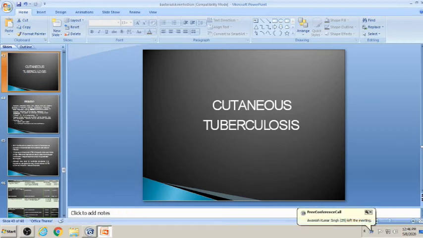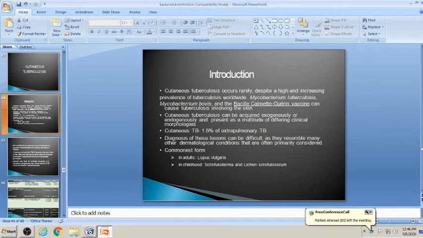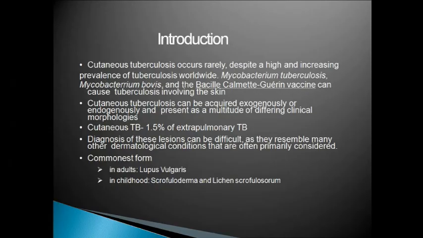Okay, now cutaneous tuberculosis is mostly caused by different strains of mycobacteria, specifically Mycobacterium tuberculosis, the MTB, the causative agent of pulmonary tuberculosis. Apart from it, bovine species or non-primate species like Mycobacterium bovis, and even BCG vaccination, can give rise to a tuberculin reaction at the site of inoculation.